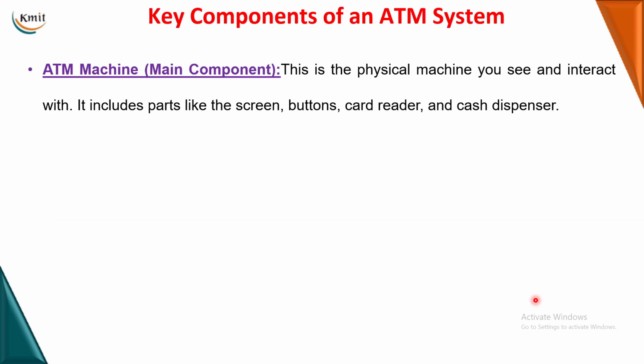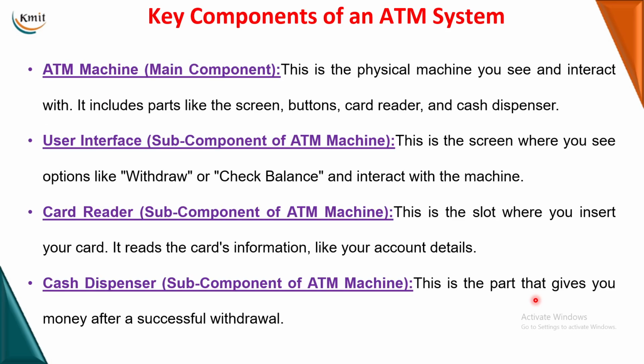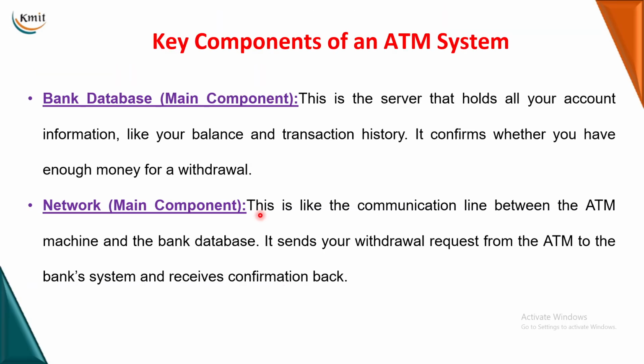Okay, now let us see how to draw a component diagram for your ATM system. First, let us identify what the various components are. You will have some main components, and you will have some sub-components also. So in our ATM example, the ATM machine is the main component, the user interface of your ATM machine is a sub-component, the card reader is a sub-component, and the cash dispenser of the ATM machine is a sub-component. Okay, the bank database is a main component, and the network or the server is another main component. So this is how you have to identify various components of the software that you are developing.